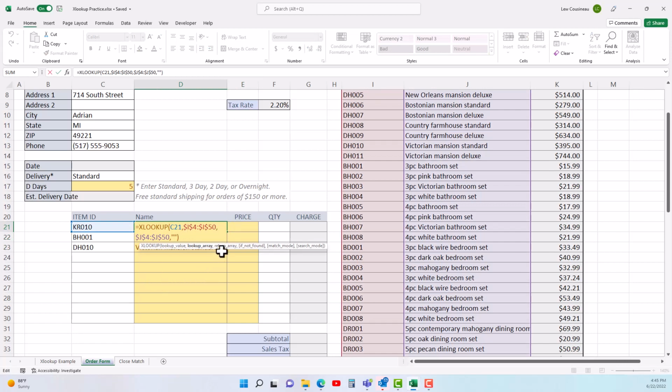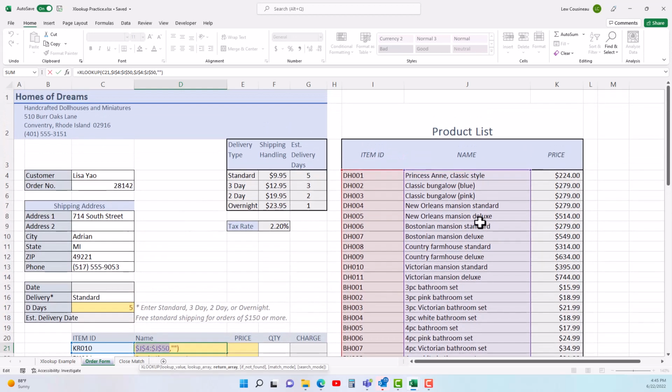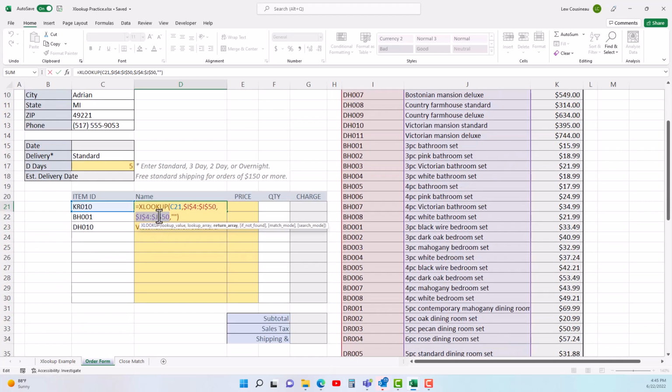And this is cool. Remember our return array. Watch this. See that finger? I can select it. So my return array is J4 to J50. It's this purple column. What if I make it J4 to K50? My return array is 2 columns. If I change this J here to K, so I have 2 columns in my return array, and I hit